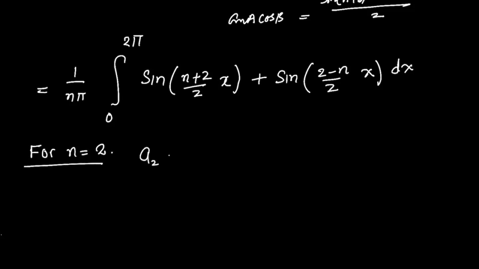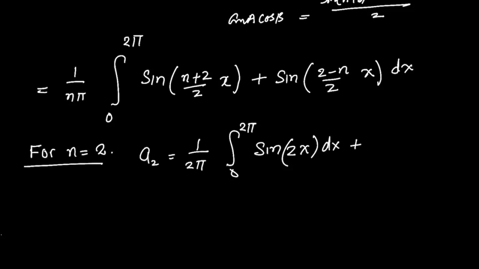So A2 will be 1 over 2 pi, integral from 0 to 2 pi. This is going to be a sine, if n is equal to 2, that gives you a sine 4, 4 divided by 2, that is a 2 sine 2x dx, and that gives you 0, which is 1 over 2 pi, integral 0 to 2 pi of sine 0, which is 0, dx. So that term is sine 0, which is 0,